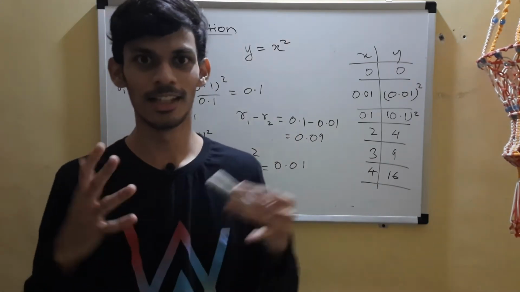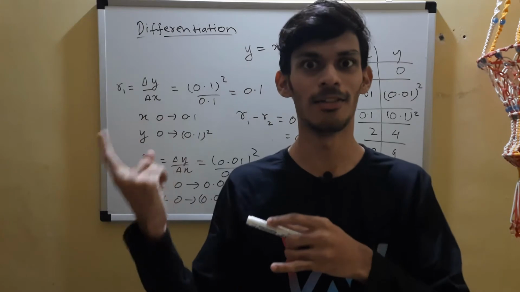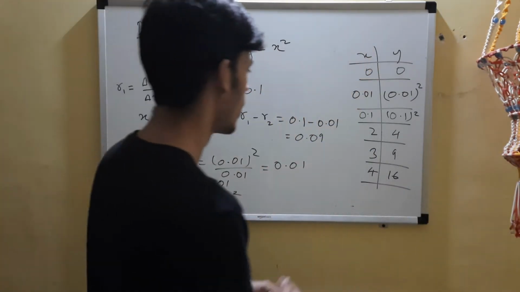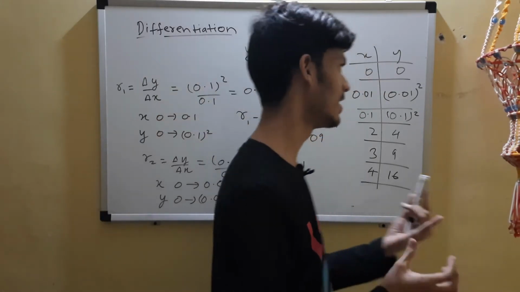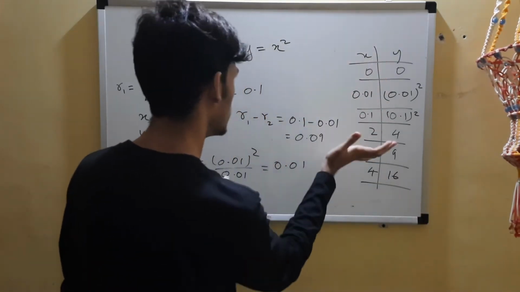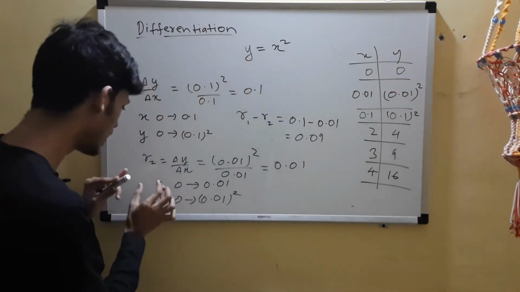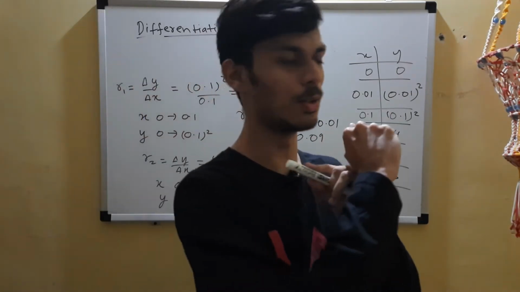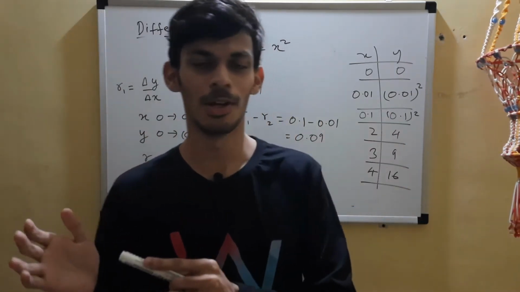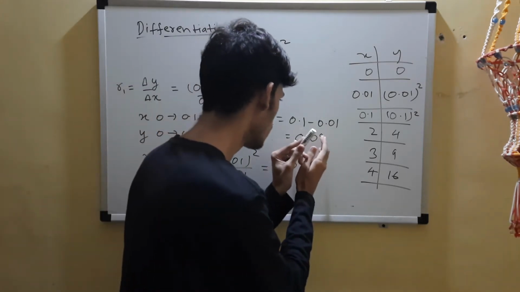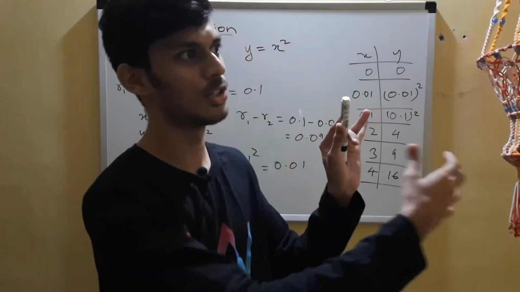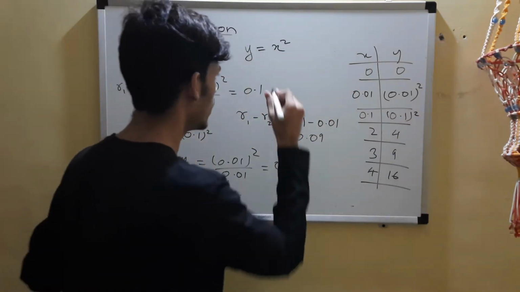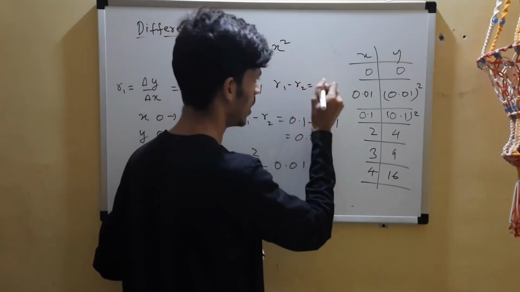In the previous cases, the rate was changing. R1 minus R2 was like 1, 2. We had big values, right? As compared to this, they were big values. So what is happening? As we are going closer and closer towards x 0, so as delta x is going closer and closer towards 0, the rate is almost becoming constant. Like this value goes on decreasing, and finally it will be like 0.000009. So we can neglect that to a 0, right? And so what does that mean? R1 minus R2 will be like 0.009.